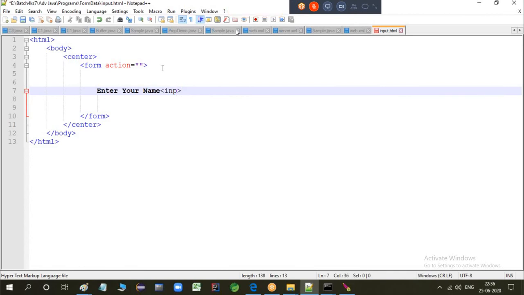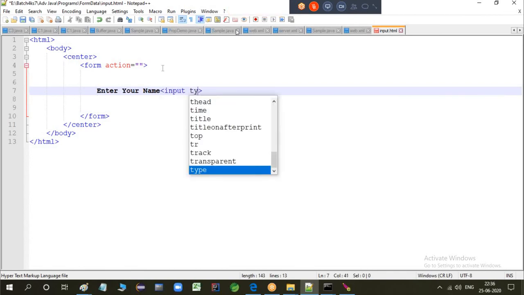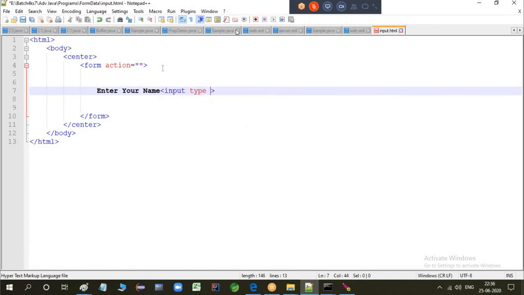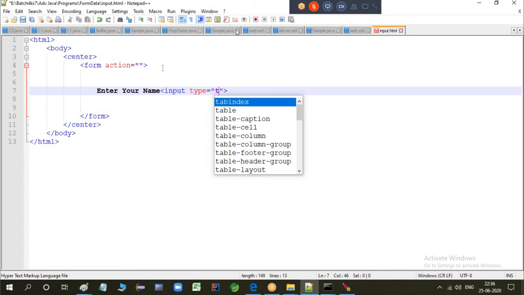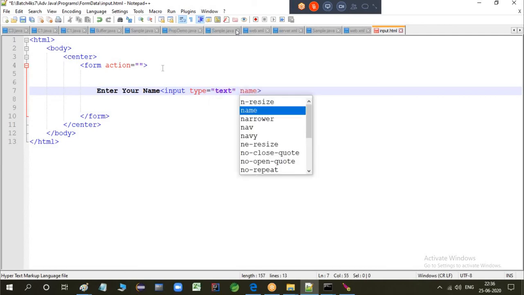Okay, give the tags. Input type. What type you wanted to enter there? Text. Because you're entering some name, right? And the tag should have some name, right?